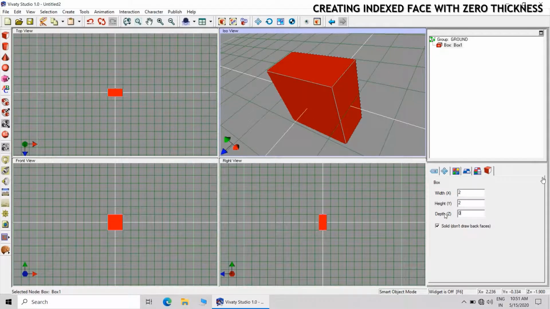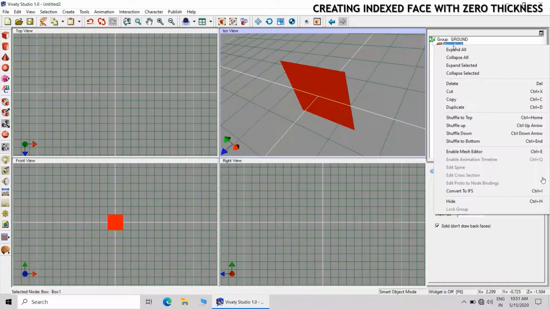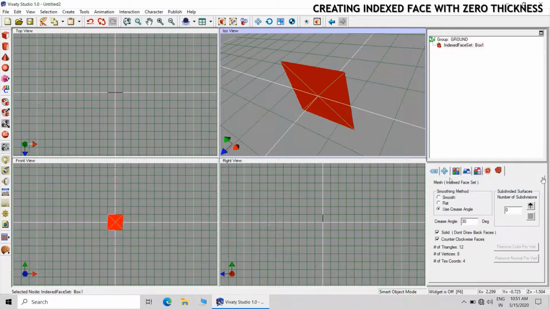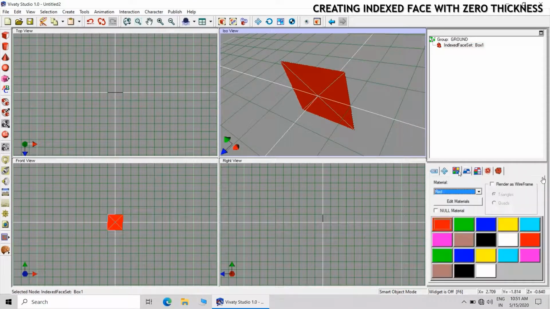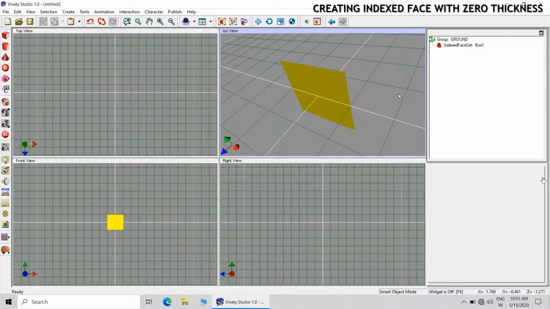That is very important, and I have given the thickness as 0. Now I am converting this box to IFS, indexed face set. So this is the indexed face set.